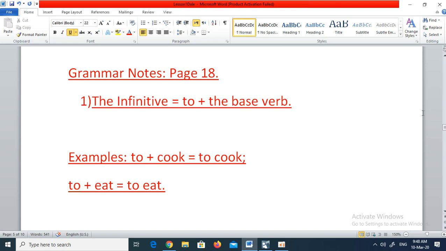Right, that is the explanation of the gerund. The other grammatical